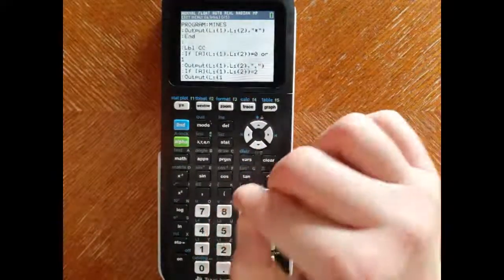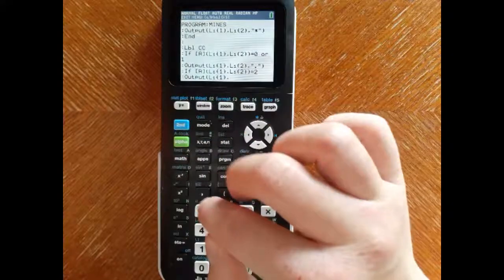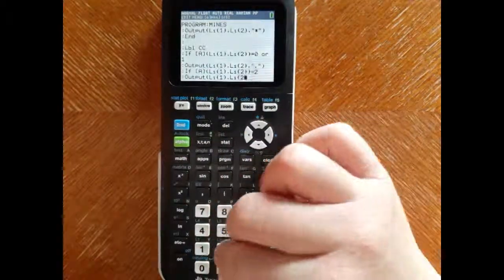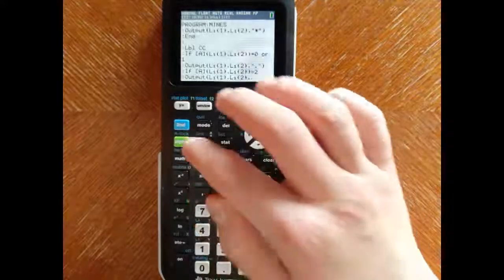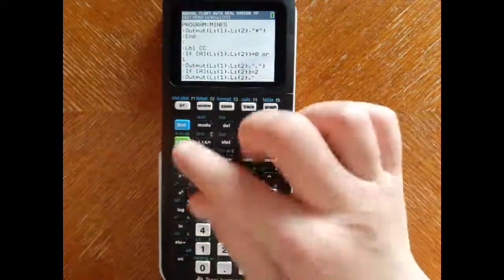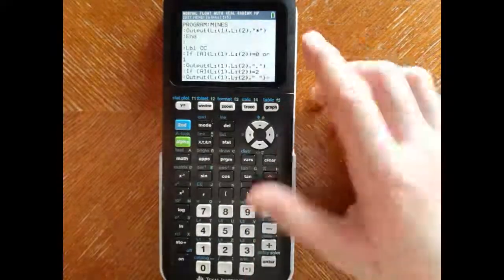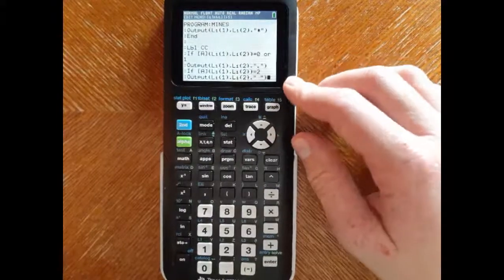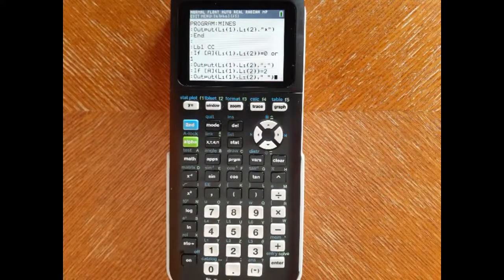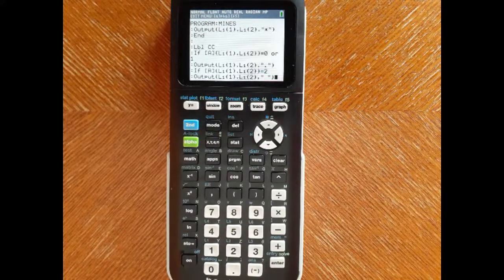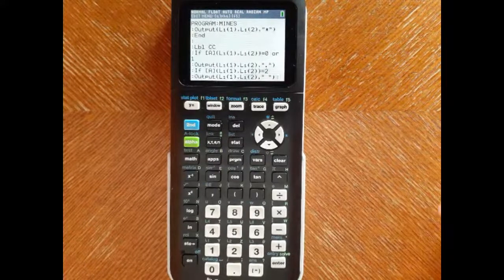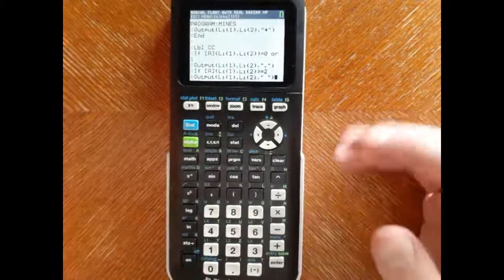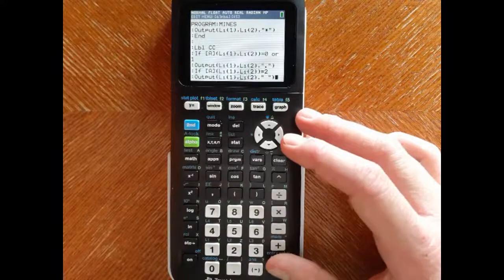List 1.1, comma, list 1.2, comma, that, closing parenthesis, just like that. And if it's a 3, we're not drawing anything in its place because that's game over. 4 is a flagged not mine, and 5 is a flagged mine, so they're just both gonna look like flags, and